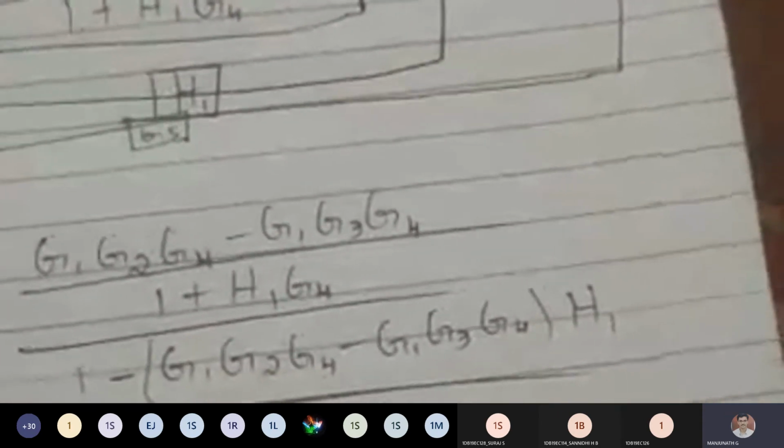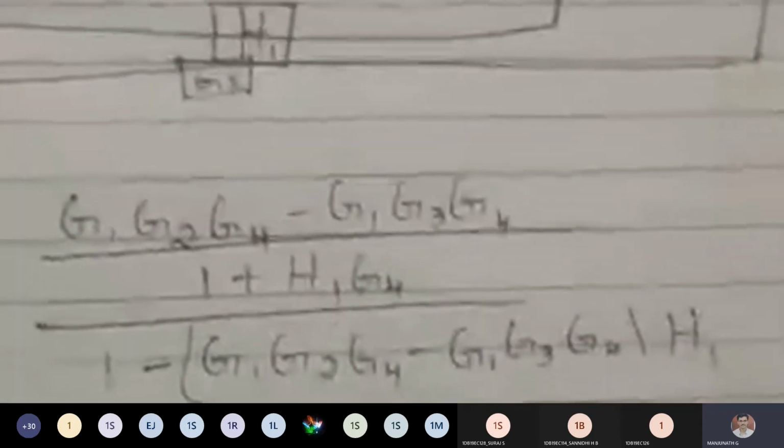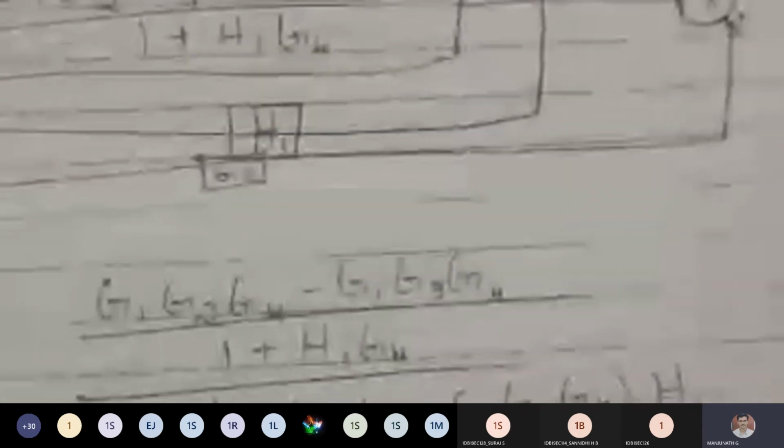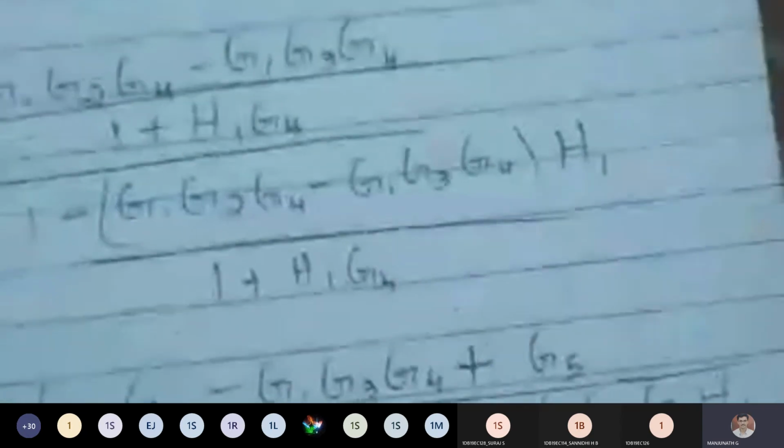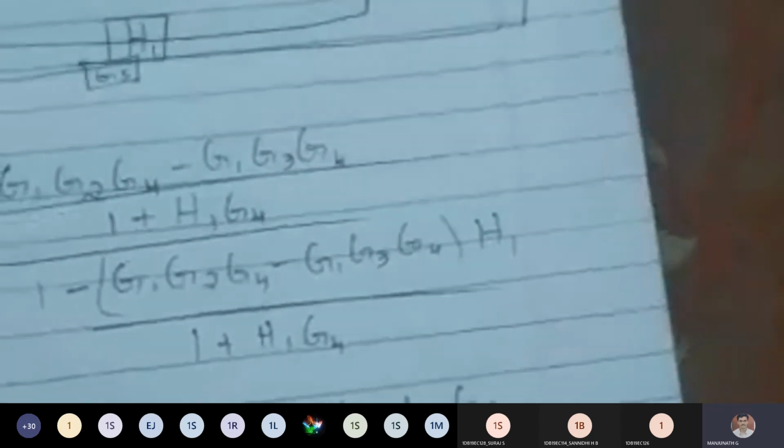Is it done? Yes, sir. I wrote the equation directly, sir. No, that's what I'm telling. Don't write directly, others also. Because each step carries marks, as I told. So after getting that H1 elimination, you will get one answer. That should be parallel with G5. That diagram you're supposed to show. Okay, last answer here. Sir, what is your last answer? So it will be like G5 plus alpha. Yes, sir. G5 plus, take an LCM. Okay, a little bit down. Yes, let them see the answer.